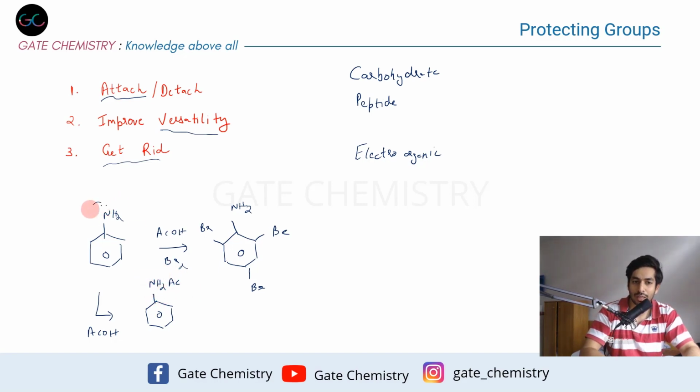So this becomes an amide, and because of that its nucleophilicity has reduced. Over here it was having high nucleophilicity, over here its lone pair is in resonance with this carbonyl, because it's an amide, so its lone pair is not available. Because of that, if you now carry out bromination, you will have the major product with bromination at the para position, and then further you can just deprotect it in